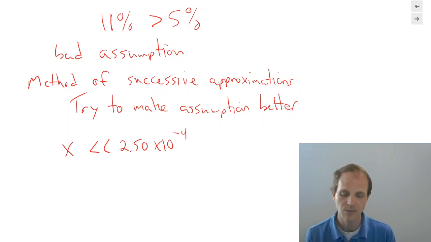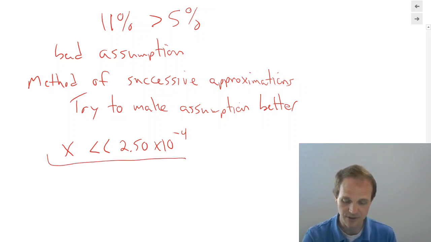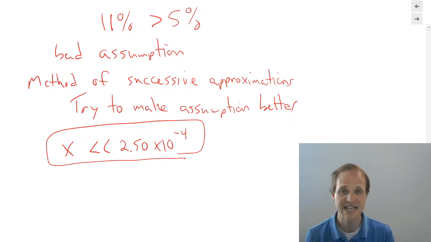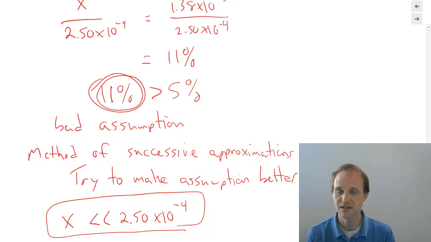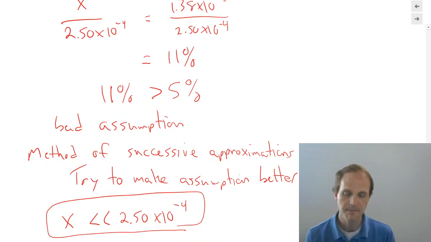We're going to say, well, we're not going to say x is negligible. This was saying that x was so small, it was negligible, and we could just ignore it. Now we're going to say, well, maybe x isn't so small to be negligible. 11% isn't horrible, right? If you were just trying to do what's called a back of the envelope calculation, it might even be good enough. It gets you close enough to the answer. So we weren't awful in our assumption.